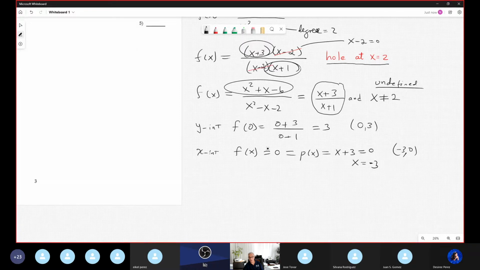So we have only one x in a second, which is negative 3, 0. Okay, nice. Horizontal asymptote. No, vertical, following the order. Vertical asymptote is where the denominator equals 0. And the denominator in our problem is x plus 1, so it is at x equal negative 1. At x equal negative 1, we have